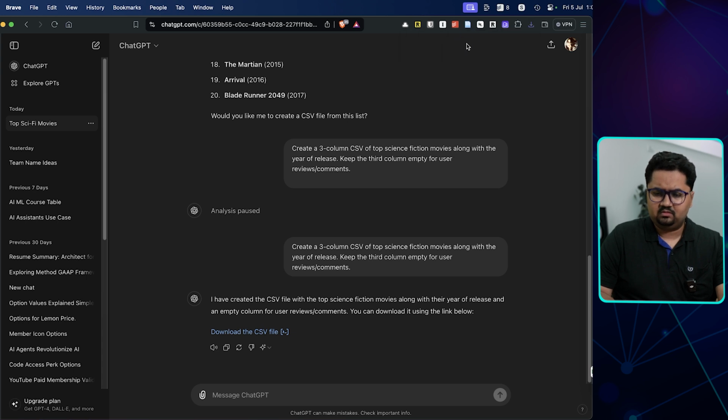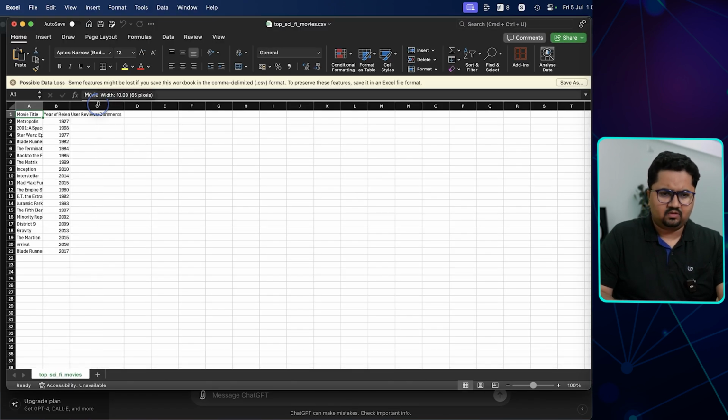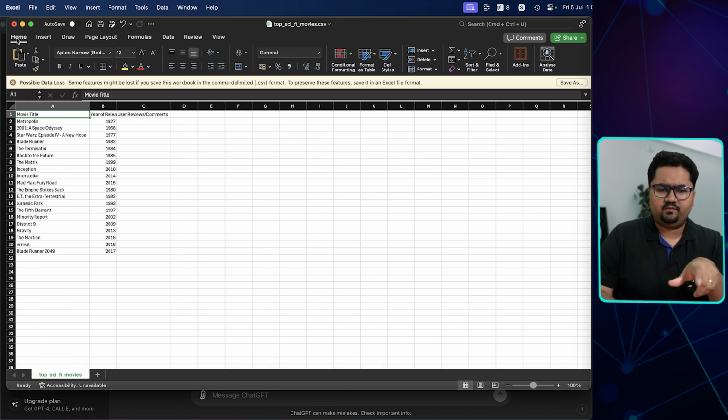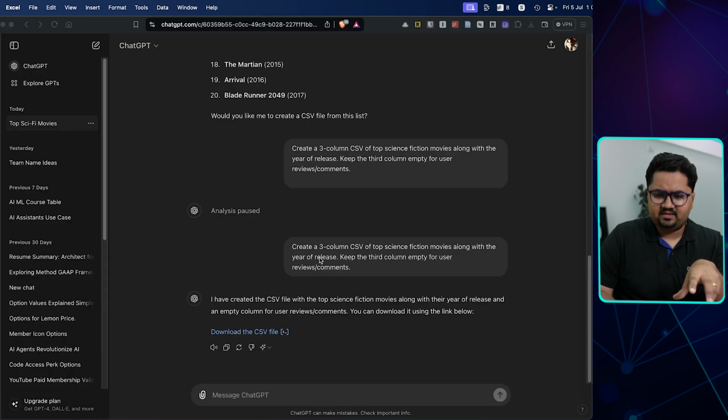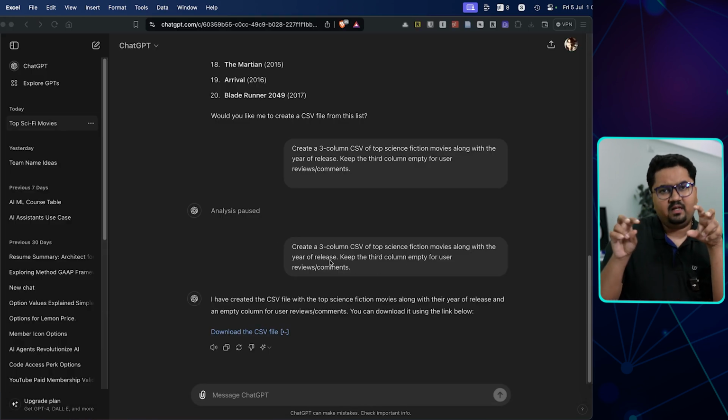All right, just opening it in Excel, and we'll just see if the formatting has been good or not. Yeah, you see, it has given the right columns and all of that as I asked, the user review comments column. Now, I did not explicitly say to name the column that, but it has understood the intent and it has picked that up. So that's essentially prompting. We'll continue having these discussions in the next video about